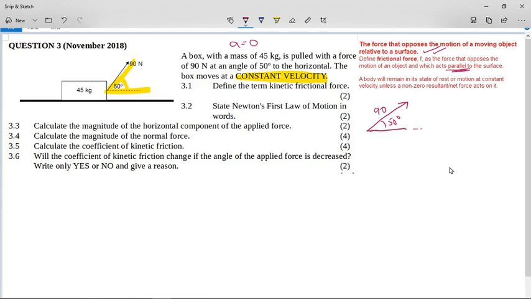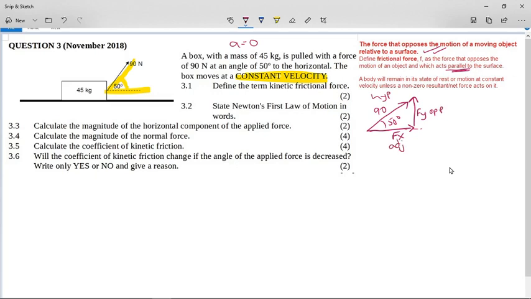We can split this force at an angle into two forces perpendicular to each other,